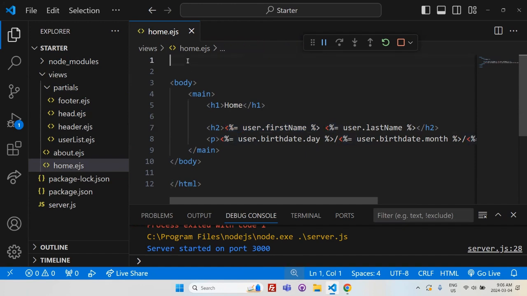The difference between printing out a variable using EGS syntax and including a file is you use pointed brackets, percentage sign, but instead of equal to, we'll use a minus sign or a hyphen. So if you want to include an external partial, a head.egs file, you will call it like this. Your opening tag will be like this, and then closing will be just the same. Within this EGS opening and closing tag, which I'll again copy because we'll use the same thing in about.egs,